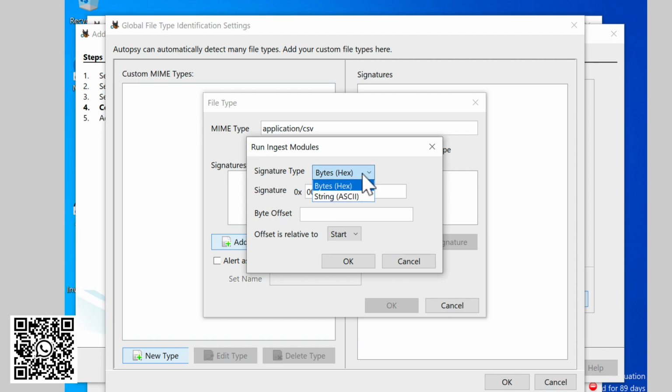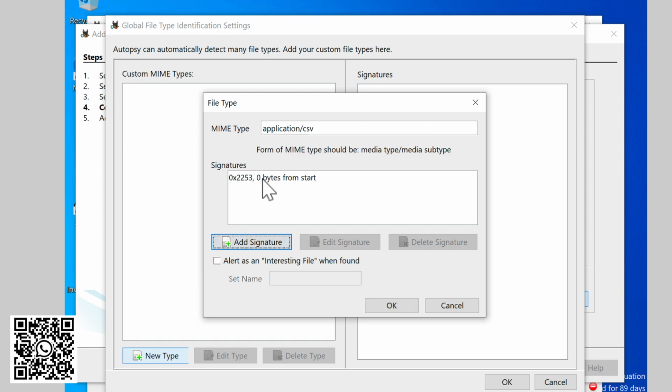So let's take an example. For example, if a certain case you're working on has a certain type of device which has a different type of files on it, encrypted files. So over here you can just find the MIME type and add the signature, so that Autopsy can detect that kind of file. In the future videos we are going to see what are MIME types and what are the signatures.